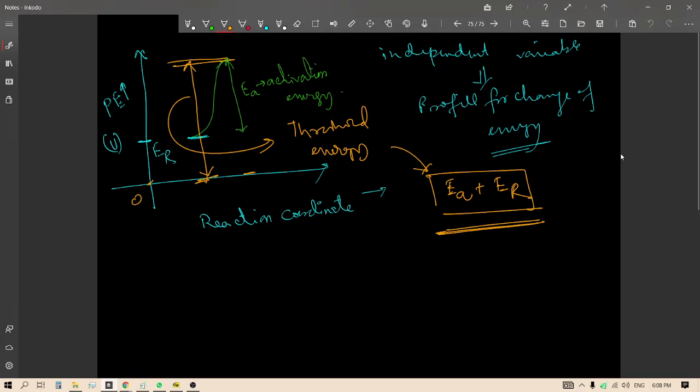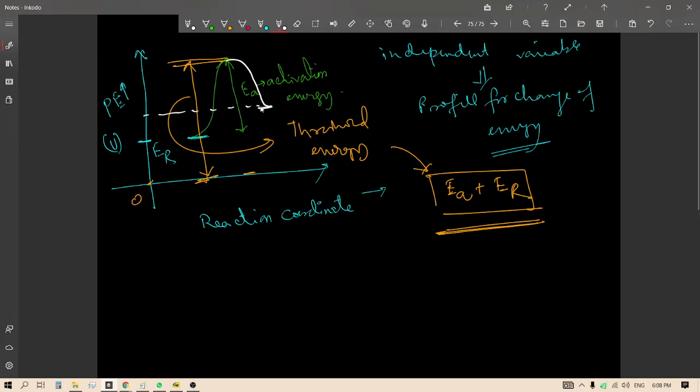Now, we also know from class 11 knowledge of thermodynamics that whenever we have a system which goes to a stable level, it is seen by a decrease of energy. So of course my potential energy of the products where the reaction will be terminating is supposed to be less than that of the energy of the activation complex. So let us take this to be the energy of the products. So what happens? This again decreases and comes to this level.